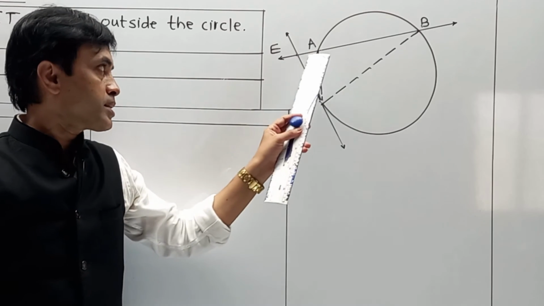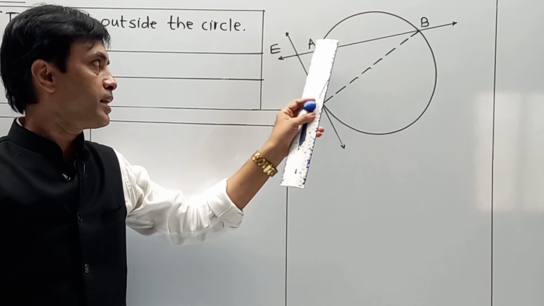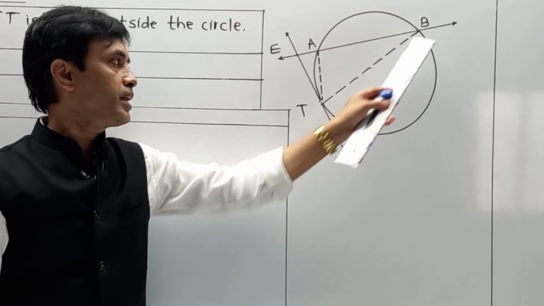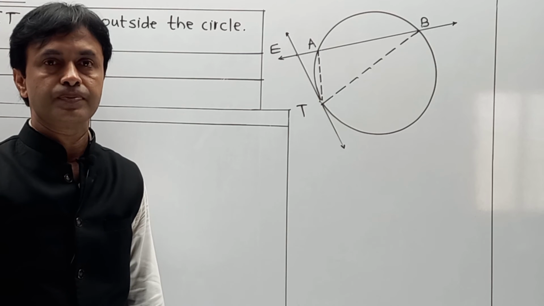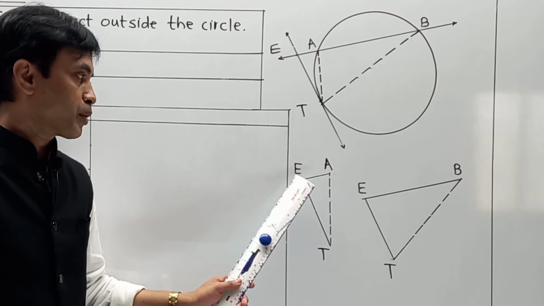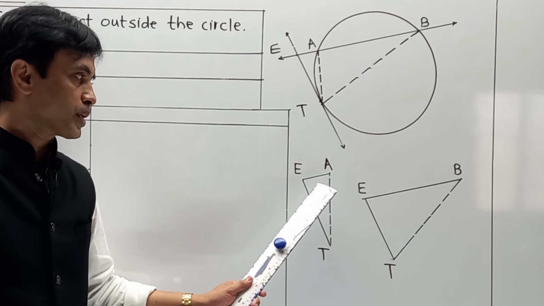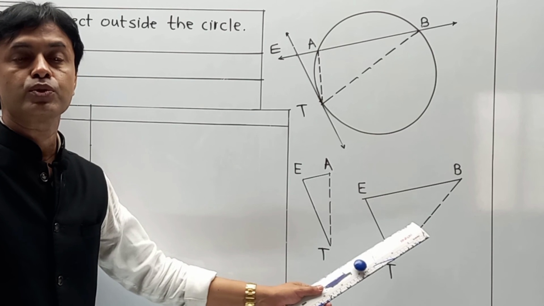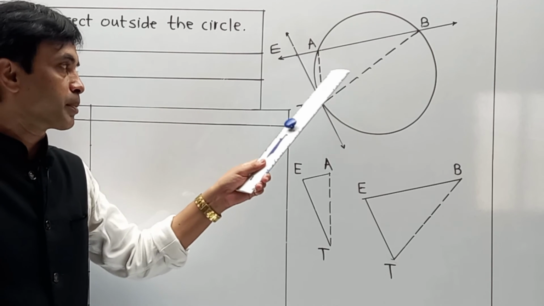And now, I am going to draw the same two diagrams over here. One is triangle EAT, and second is EBT. I am going to draw those two separate diagrams for your help, just so that you can easily understand the part. No doubt, it is very clear that we have to show these two triangles are similar. But how? Pay attention one by one. I am going to clear the part over here.